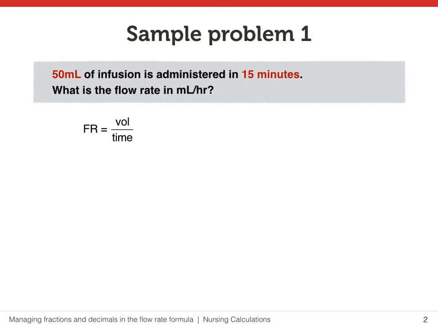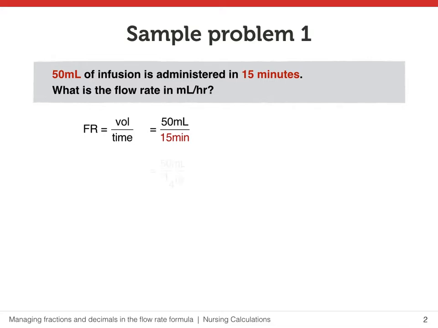Our formula for flow rate is volume divided by time, and we know the volume going into the patient, which is 50 mils of infusion, and we know that it is 15 minutes for the time. But if we keep going here, our answer will clearly be in mils per minute and not mils per hour. We need to change the 15 minutes to hours, and we do know that 15 minutes is a quarter of